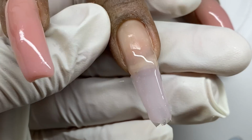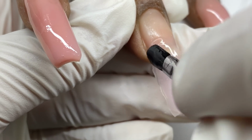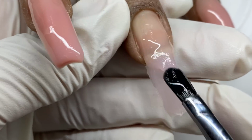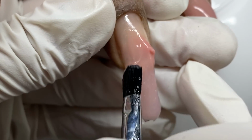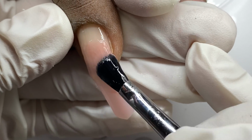Then I fully cured it, took the form off, as you can see, and now I'm going to continue to build the actual enhancement even more. This is just my preference because it's basically building out like if you were to apply a nail tip. That's essentially how I use forms, and then I move on with my life. So I applied a little more of that fiber gel, again, just to make sure there's strength in the length